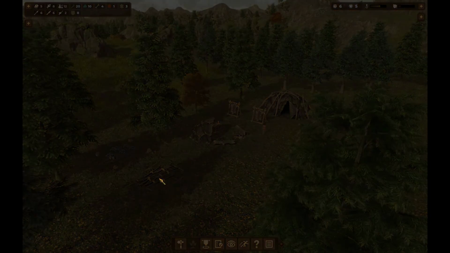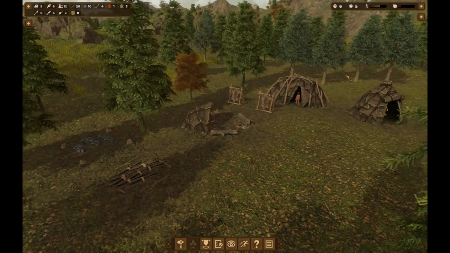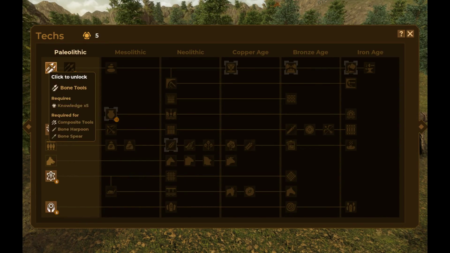Alright, we have completed a milestone. Protein hoarding. I believe that's for gathering like 10 of each fish and meat. Got a milestone. It gives us 2 more knowledge points. So with those 2, we're going to go ahead and unlock...